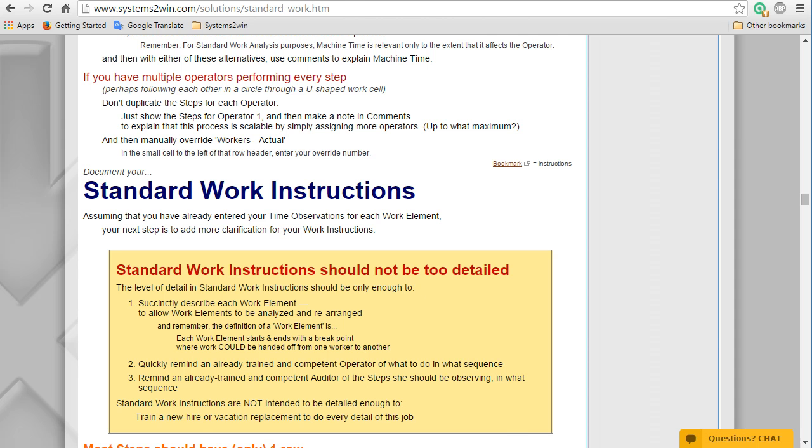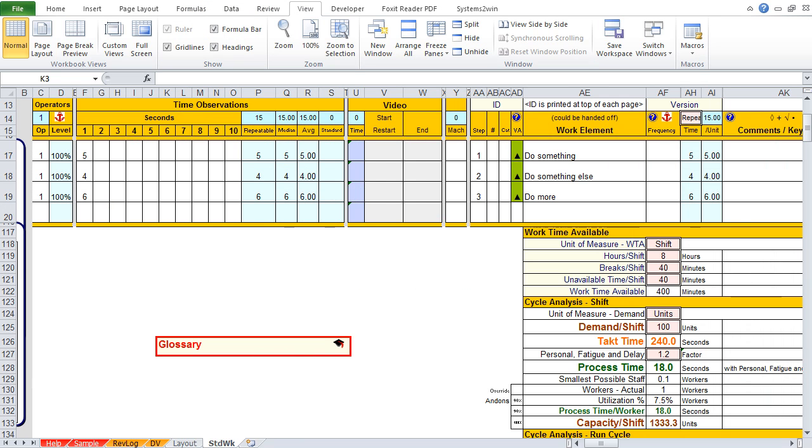Let's do it together. Now for this example, we hid a bunch of rows so that you can see both the top and the bottom together. And notice that the blue cell at the top of the operators column is a subtotal. And that's the same number that we see for workers actual down here at the bottom. And if we enter a second operator here, then the subtotal changes at the top and the workers actual changes at the bottom.